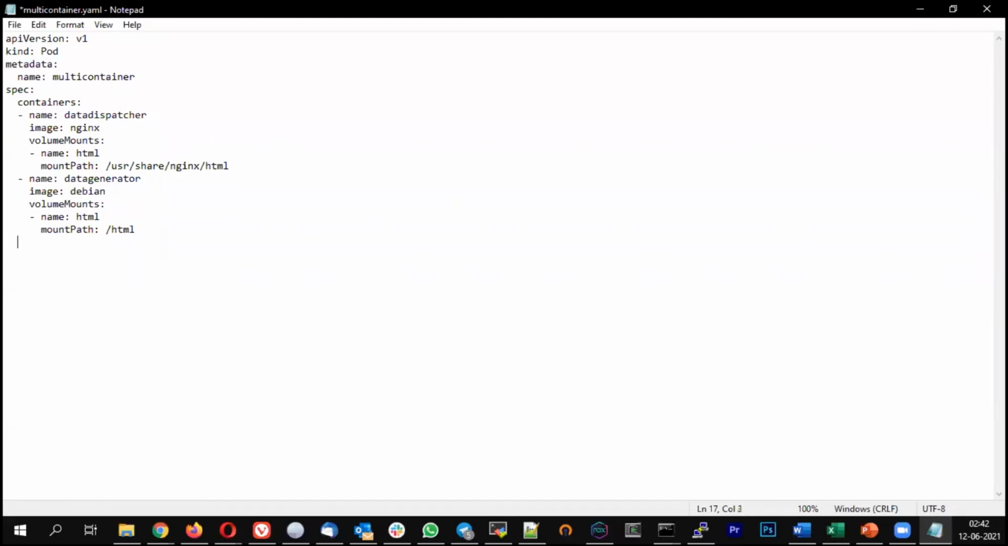Next, I'm going to give the command, because this is a base Linux image, so it will not have a running process. So I'm going to run a shell script in an infinite loop so that the script keeps running, and this will be writing some data inside the HTML directory. Let's see that. Command: /bin/sh, -c, and the arguments for the command are